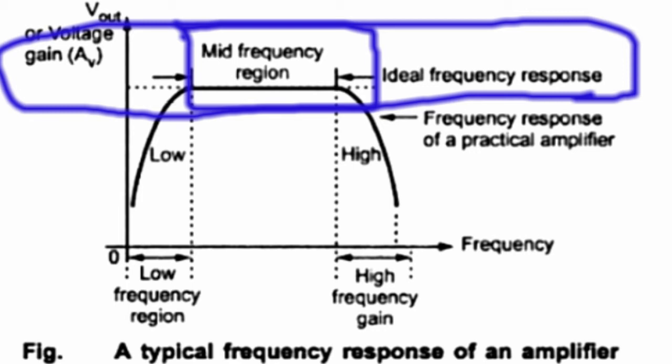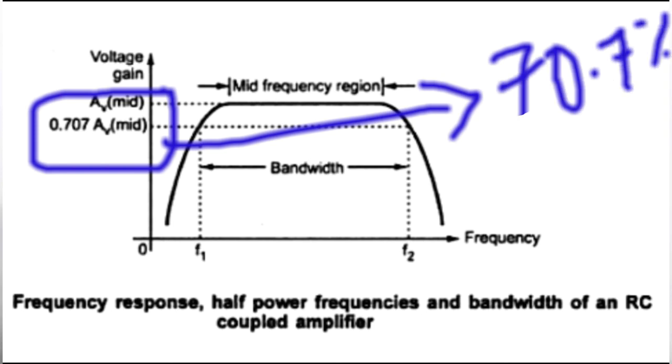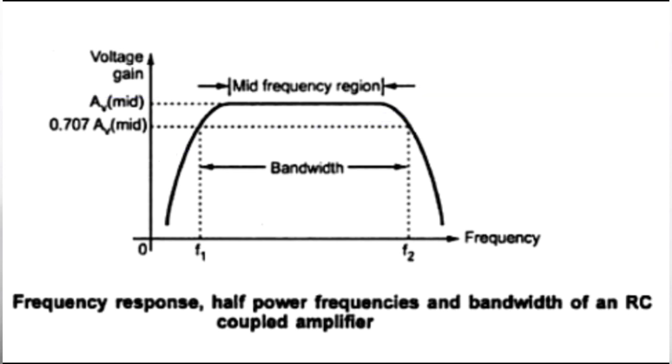Let us see how. We shall now see the definitions of cutoff frequency and bandwidth so that we can identify the low and high frequency ends, the gain deviation from ideal characteristics, how the decrease in voltage gain will happen with frequency, how the roll off happens and all. So, the range of frequency can be specified over which the gain does not deviate by more than 70.7% of maximum gain.